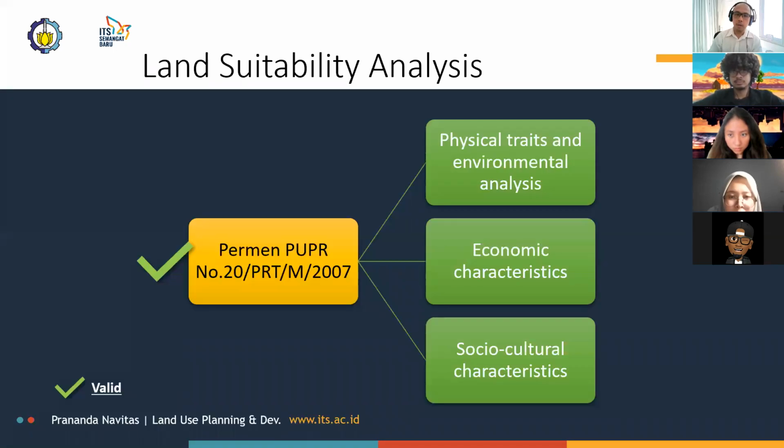So this brings me to land suitability analysis. This is one way